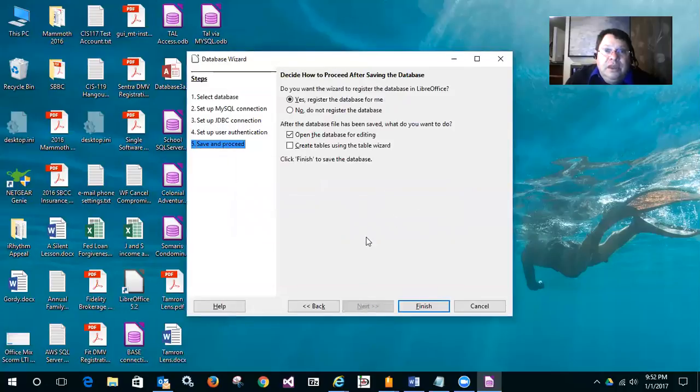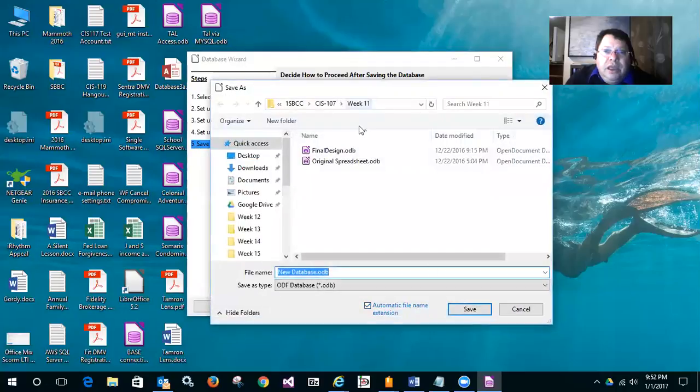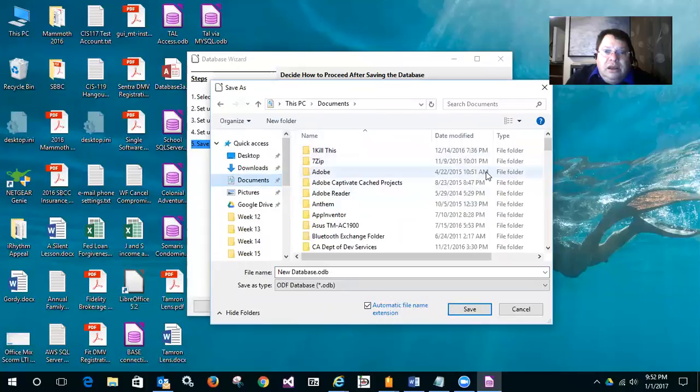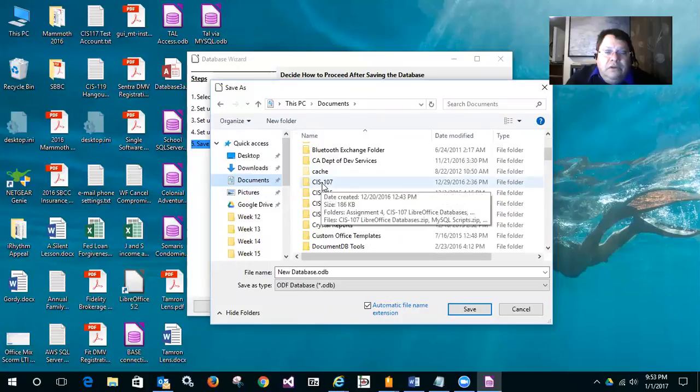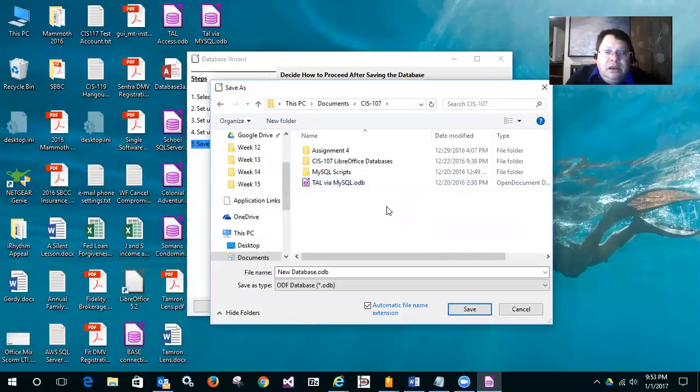And next. Shall we register this database for me so I can use that connection again in the future? Yeah, that's super. After the database file has been saved, what do you want to do? Let's open the database file for editing. And finish. Now we're going to save this ODB document. I'm going to go over to Documents. And as I recommended at the beginning of the course, I've set up in Documents a folder called CIS 107. And I could create a folder to store this for whatever the assignment is I'm working on. So I'll just create a new folder and call it